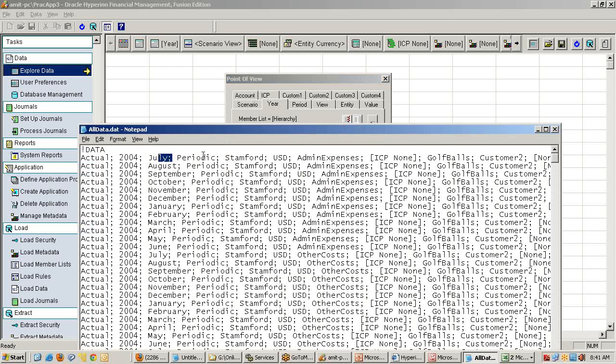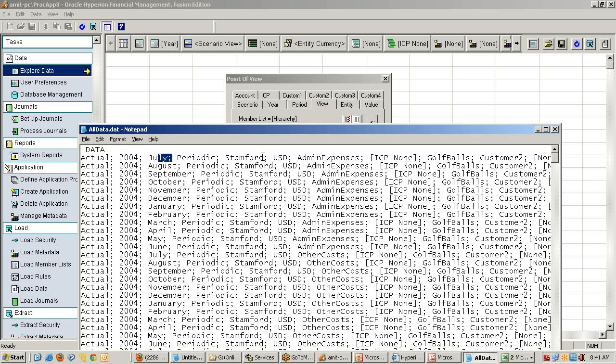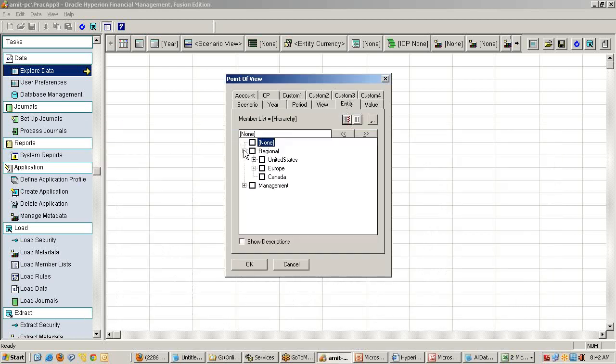Period is July, view is periodic, Stanford and value is USD.